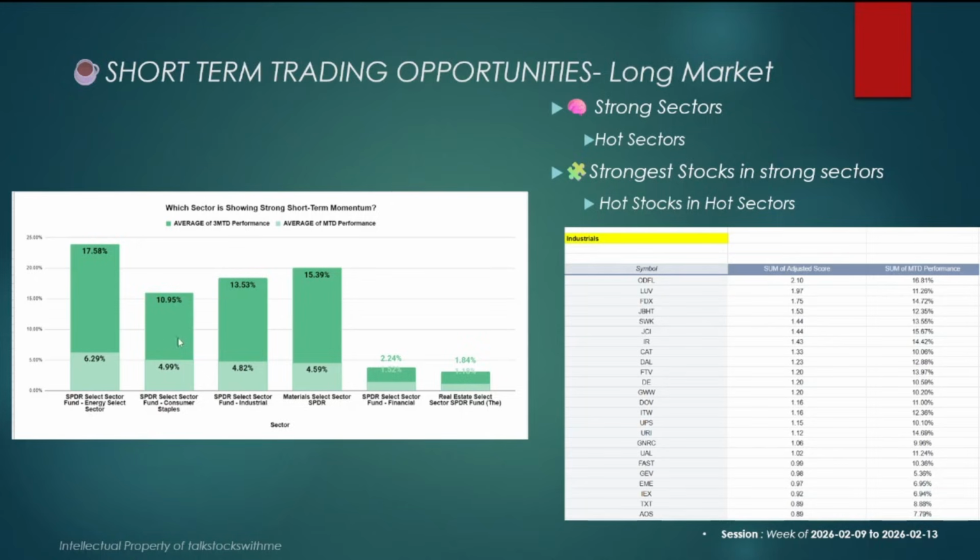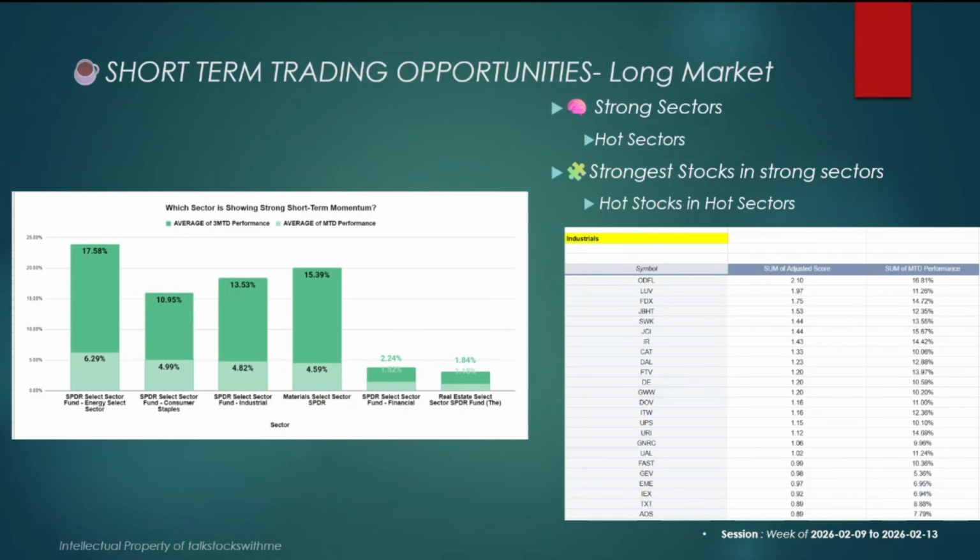So now that I know the sectors that are hot, I can either buy one of these sectors using technical analysis to time my entry and proper risk management, or I can look for the hottest stocks within these sectors that are outperforming the S&P 500. So what I have here is an example of the stocks within the industrial sector that are outperforming the market, right? So these are the hot stocks in the hot sector. Again, you have to use technical analysis to time your entry, right?